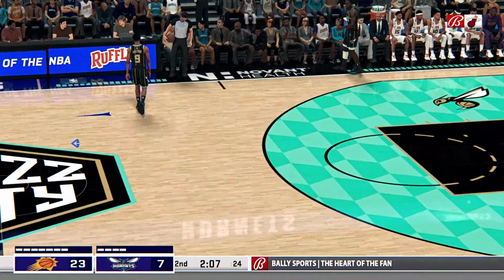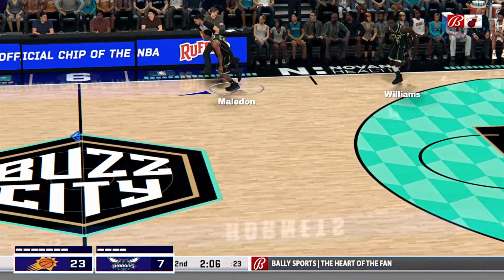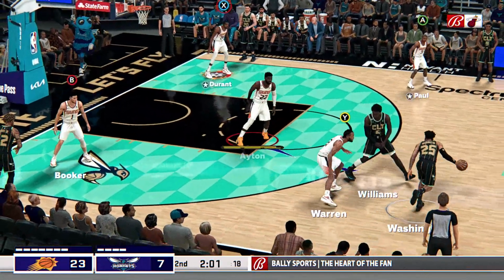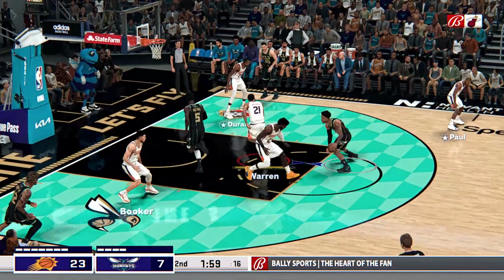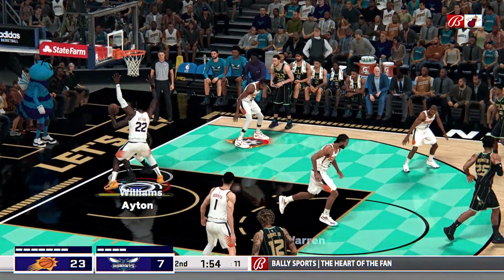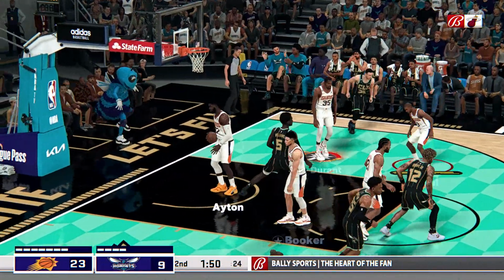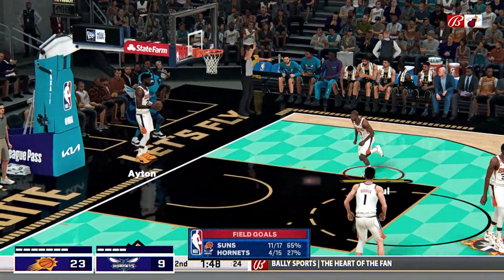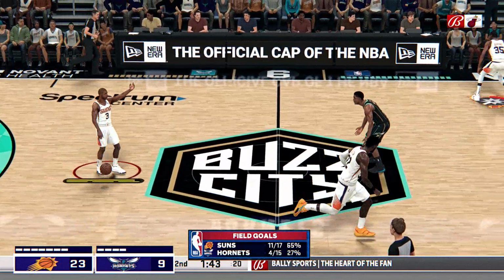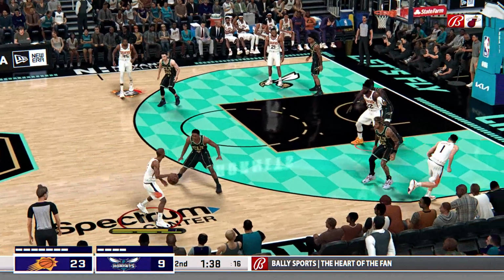Williams, he's checked in for the Hornets. And the Suns making a change here as well. Warren's checked in. Passes to Williams. 2 minutes remaining in the first half. Washington inside. He's covered by Warren. Here's Williams. Yep, that one goes in there. Williams has got his first points of the game. I just think that's trouble. You're gonna let that guy shoot layups. You're asking for it. With a short break in the action, gives us a chance now to send it over